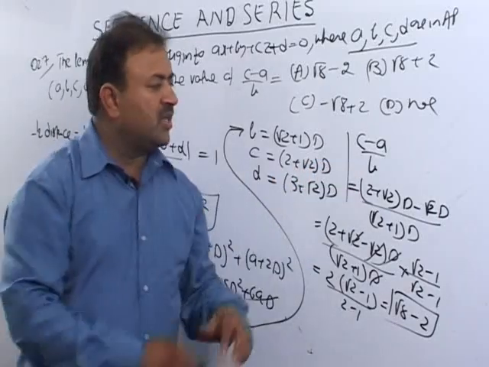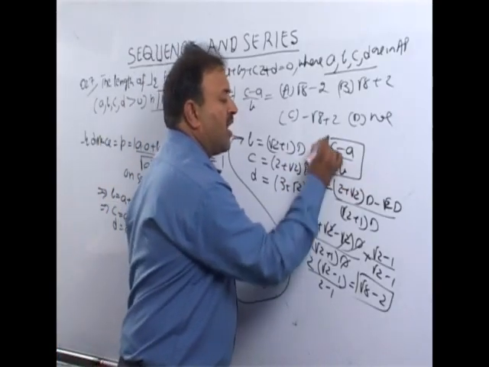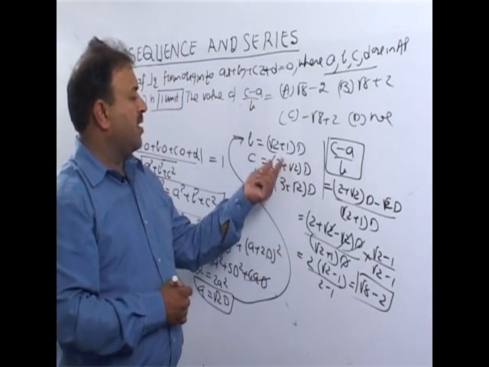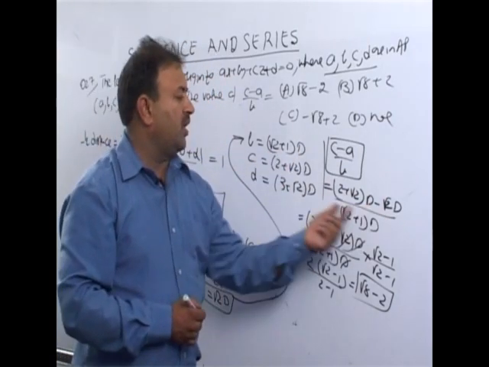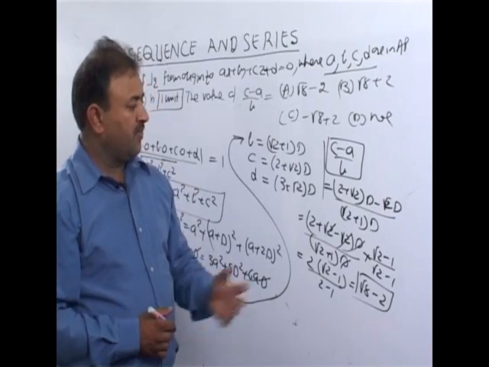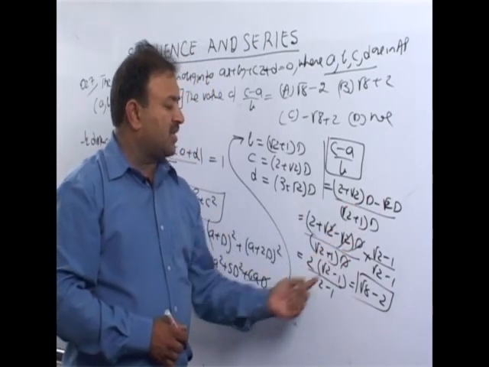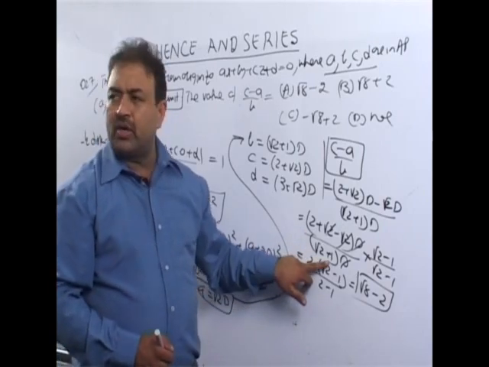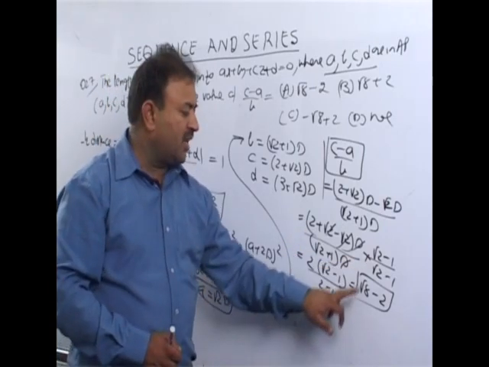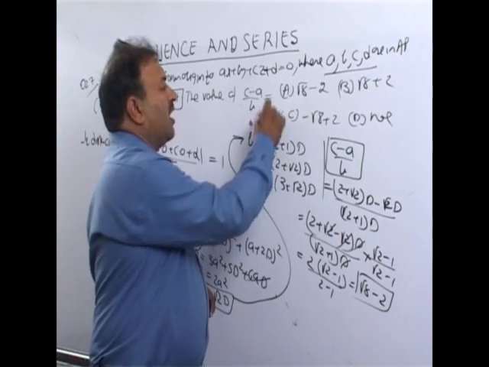इसकी वैल्यूज निकालनी है तो क्या करेंगे, C की जगह ये वैल्यू पुट कर दी, A की जगह it is root 2 d, B की जगह root 2 plus 1 d. Now I just take out d common, d will be cancelled out. Then root 2 plus 1 came in the denominator. Rationalizing it, I got the right answer: option A.